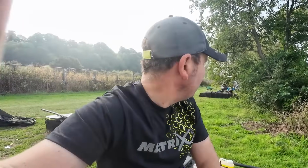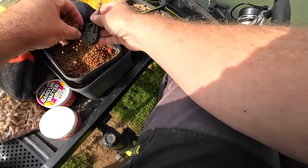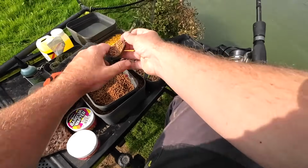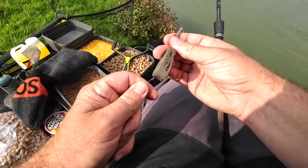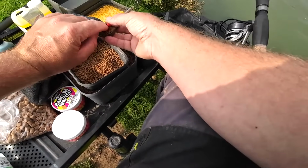I'll just give you an idea of who's here, and there are quite a few anglers here practicing for the Golden Reel final, which I am once again covering right here on this channel, filming it for you. Well, we've got about a minute to the off. I'm going to kick off with a 30 gram, as you can see it's a 30 gram open method. I'm going to kick off with one of those new prototype hook baits